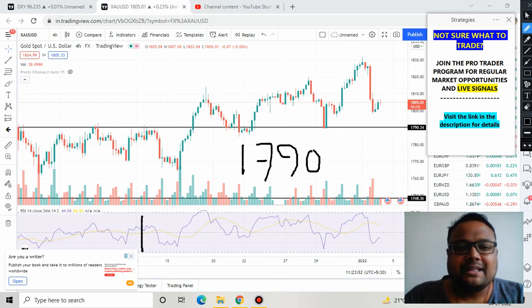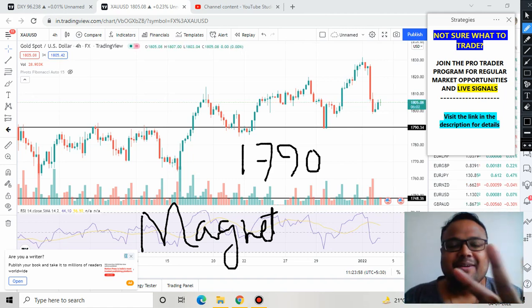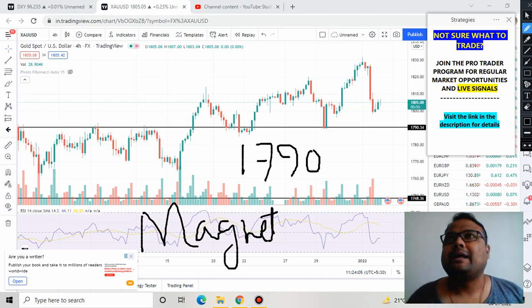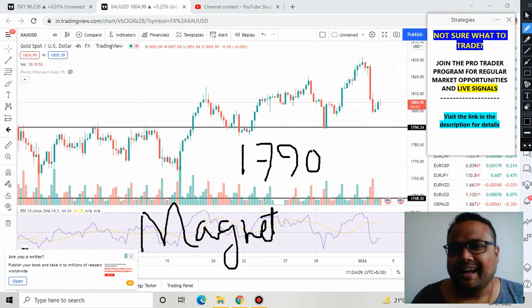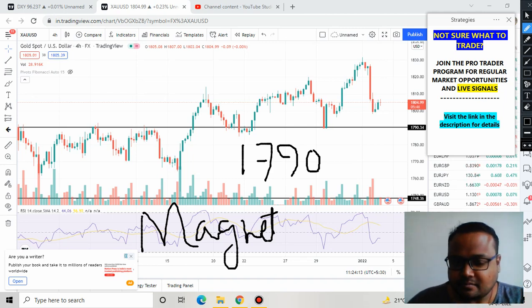Yes, 1790 is a very old level. It's a magnet for gold. So gold always comes to 1790, but it is always revolving around, lingering around the level of 1790. Sometimes 1790 is working as resistance, sometimes it is working as support. It's hilarious. Anyways,